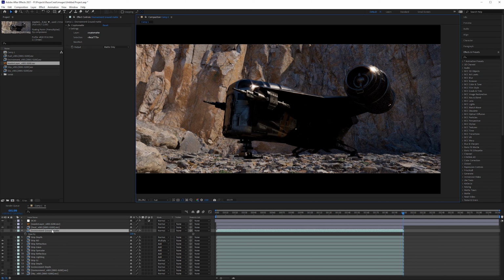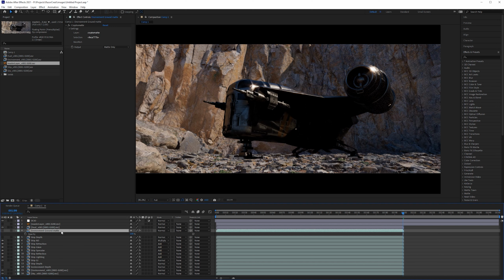Okay, so what we're going to do, we need to have a matte for each one of these layers. So this is something that we've done before in After Effects. It's no big deal. But this time we want the same matte to be applied to all of these different passes. So I'm going to show you a foolproof but kind of cumbersome way to do it first. And then we'll go with a newer way, which can work a lot of the time, but for certain things, it's not going to be a good solution. But I want to show you both things just to show you that there are multiple ways of doing more or less the same thing in After Effects.